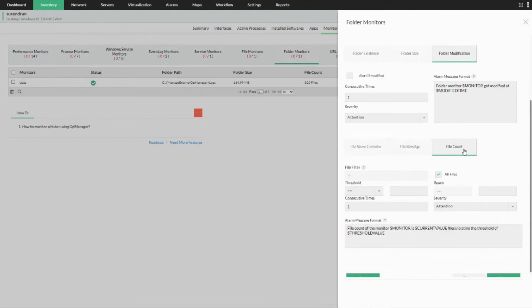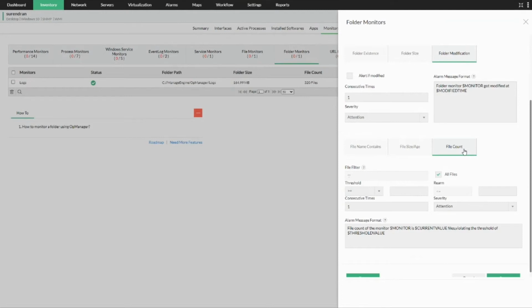In the same case, let's take I am from an educational institution where this folder contains the mark list or the examination results which have been uploaded to this folder for multiple students, and the teachers will be correcting them and moving it to a different folder as soon as the process is completed. So in those cases, let's say an examination has been conducted for a subject called physics, and in that folder, if there are more than 100 files, it means that the processing speed of the staff is not sufficient and it's reaching the threshold.